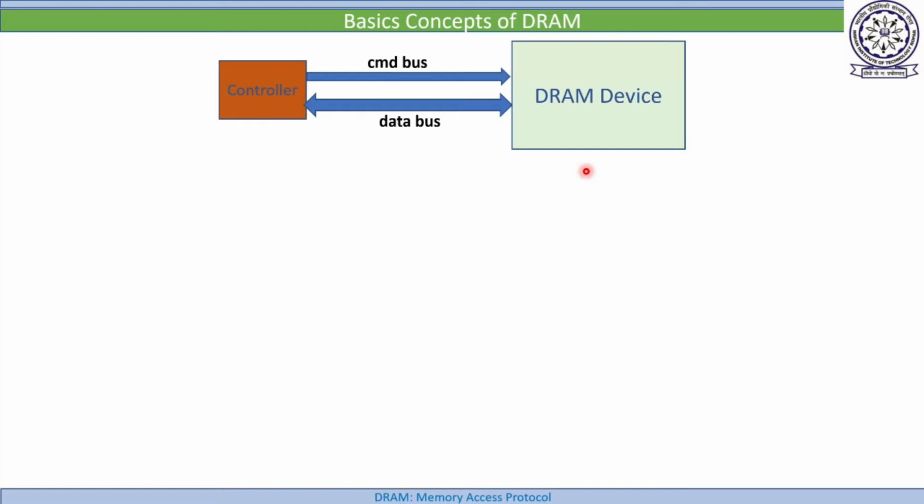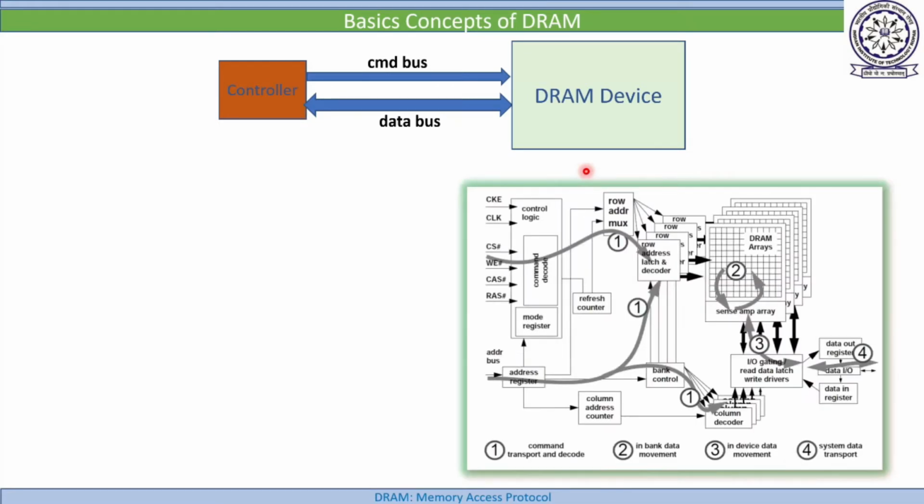For most of today's discussion, we'll use this simplified DRAM device. I'm saying it is simplified because there are no multiple ranks and no multiple chips. You can see there is only one chip, and in this chip there are multiple banks. But again, we'll only concentrate on a single bank, that is, the first DRAM array. There are row decoders here, column decoders here, and you can see there is input output gating, or read data latch and write drivers. I will call this the input output driver.